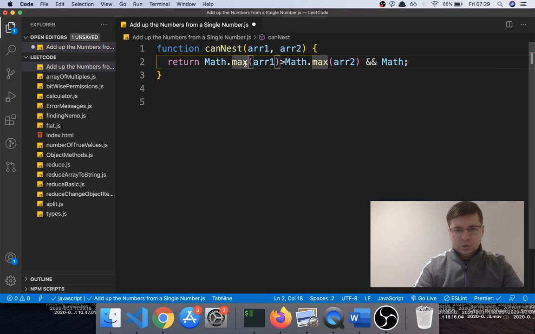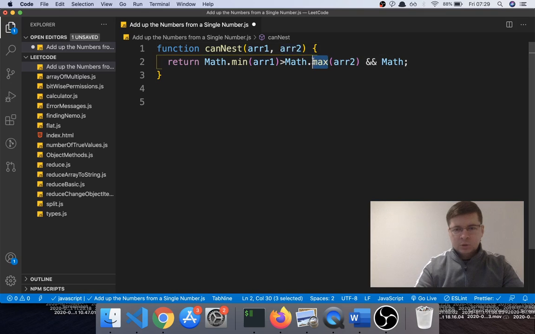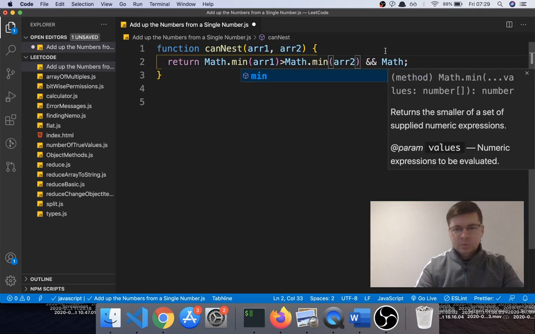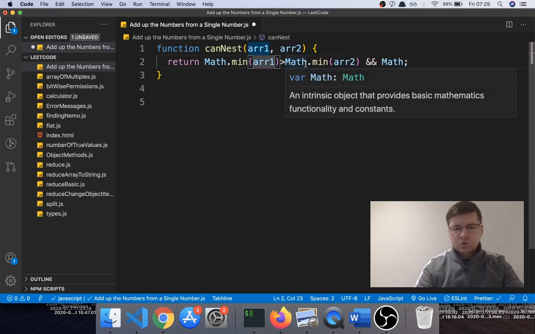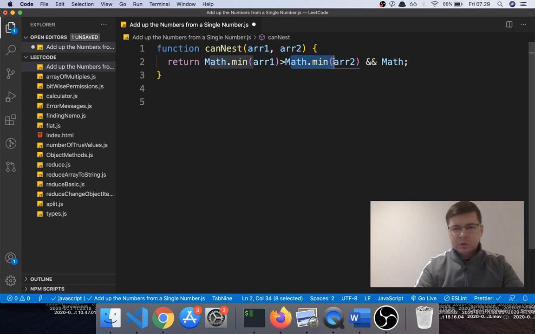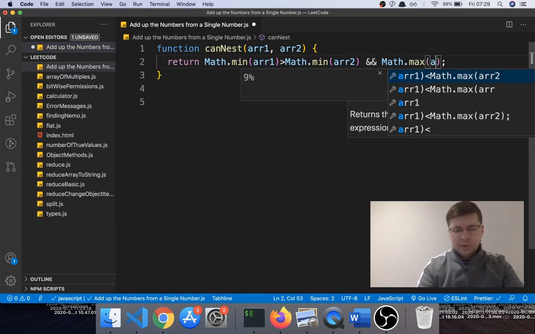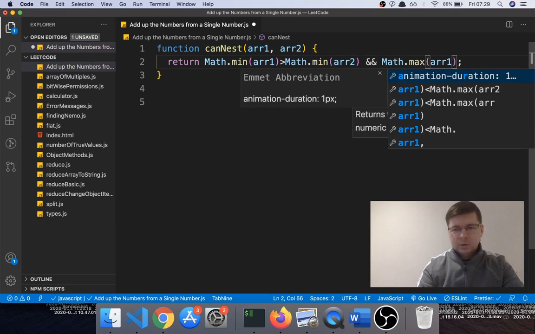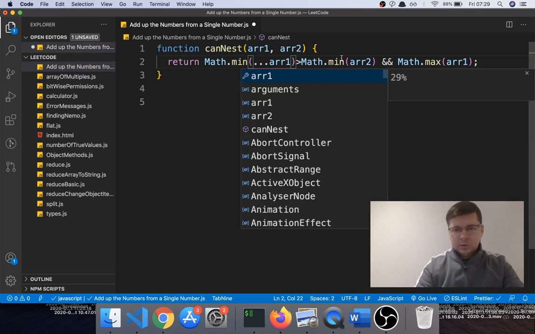This is actually math.min. We also have math.min, which is the same, it just returns the minimum. So the minimum of this array should be higher than the minimum of this array, and then max of R1, again we have to spread this here, and like that,